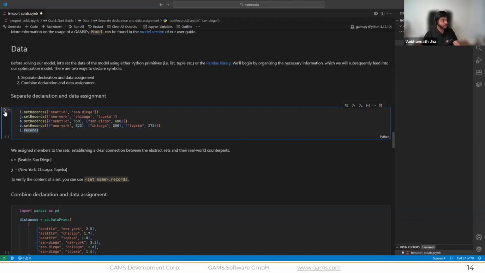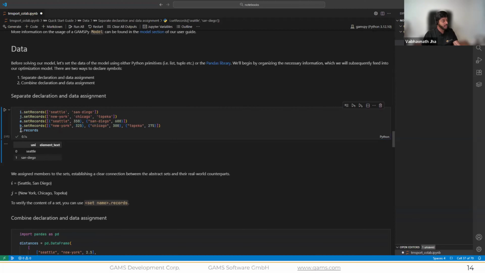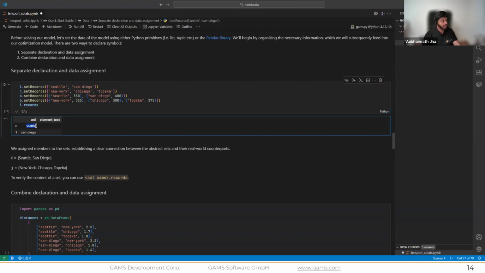We can quickly verify what we have set by using the records property on the variable I. And you can see, yes, the set of plants has Seattle and San Diego in it.